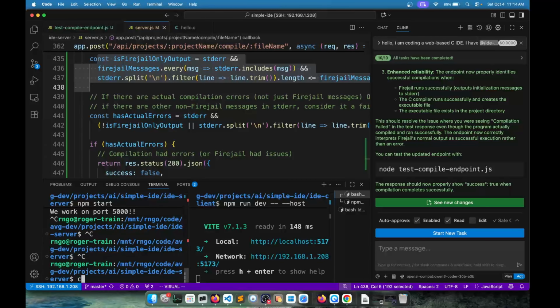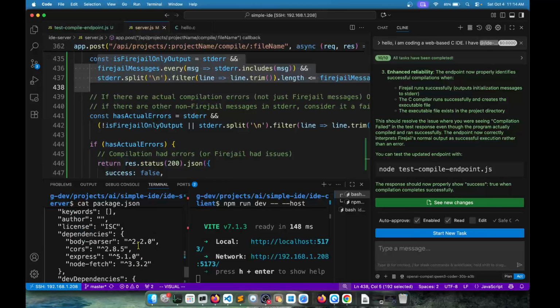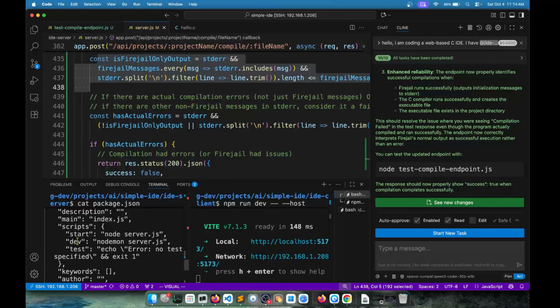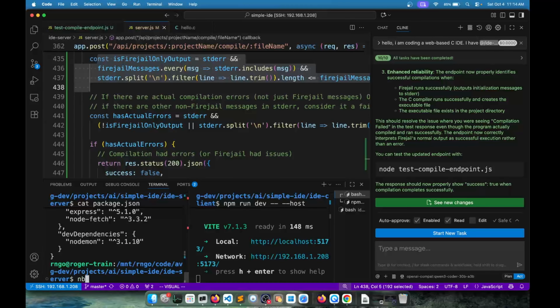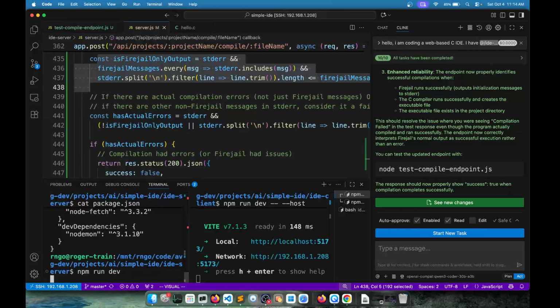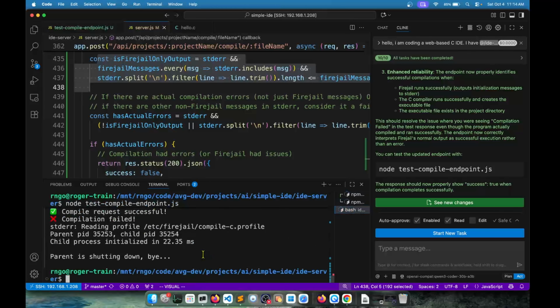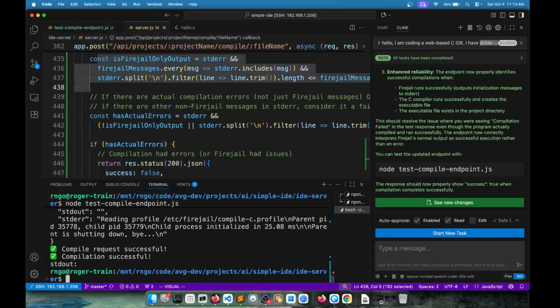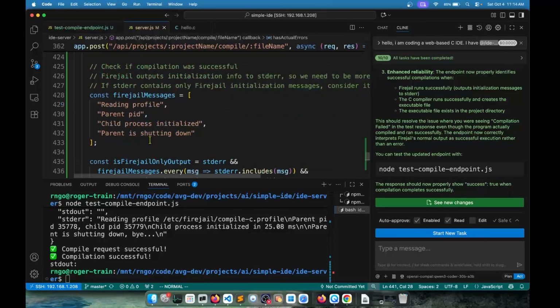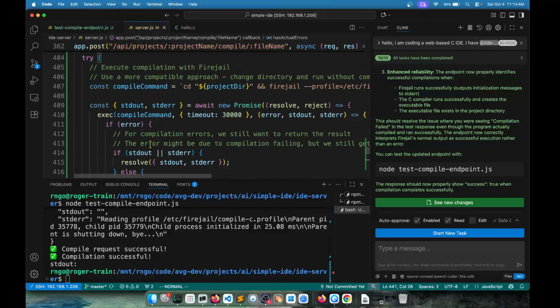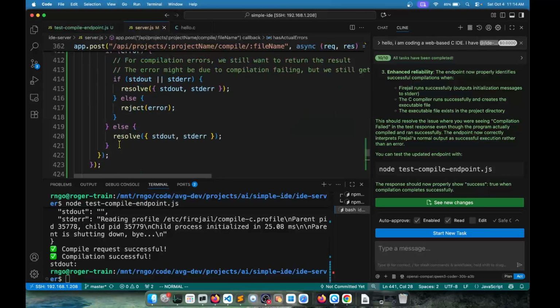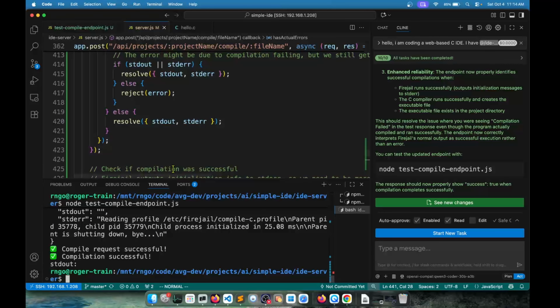So let's, what was it called? Oh, npm run dev. Maybe that's the reason why. Maybe it's not its fault. But I'll just leave it there. No, there we go. Okay, good enough. Well, actually, the old logic wouldn't have worked anyway because it was not considering these things here. So